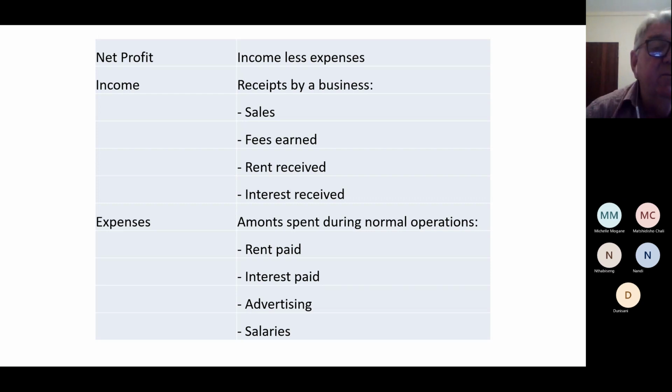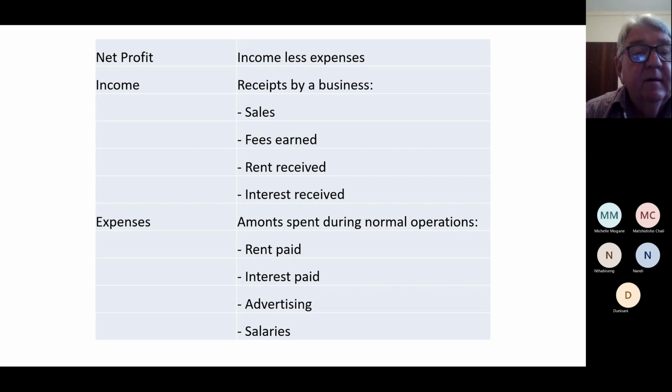What are the types of income that we have? Normally, for a trading business, we have sales. For a service industry business, we've got fees earned. Then we could have things like rent received, if we let out some properties, and interest received on investments that we may have. And then expenses,